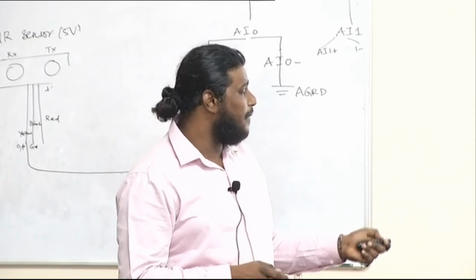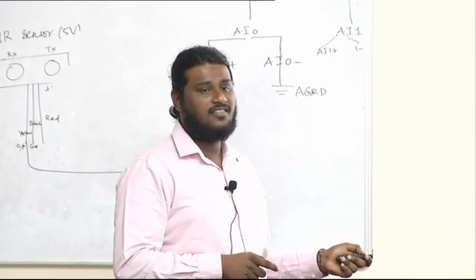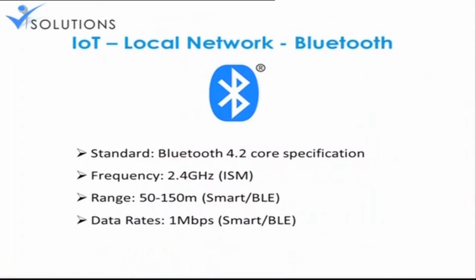At a maximum, this is a smart Bluetooth which we have, at 1 Mbps. The previous versions were not this fast, so data sharing will be a little slower. Actually, these are all termed as IoT networks. You'll be using it to make a connection, not actually for file transfers.